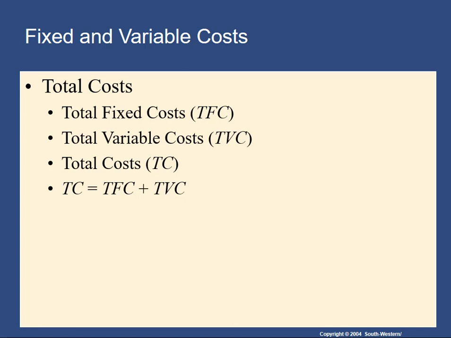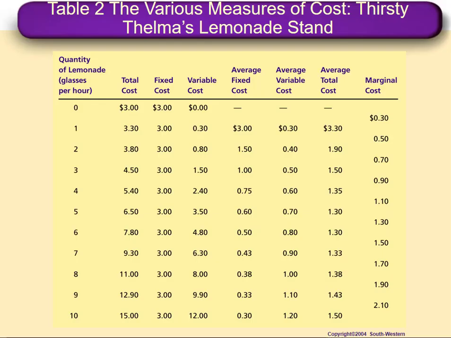We're going to refer to total costs, and generally total fixed costs and total variable costs add together to get total costs. It depends upon the context. A lot of times we'll drop the T from the front of the fixed costs and the variable costs, and we'll just write an equation that has total cost equals fixed cost plus variable costs. Implicit in that, it's the total fixed costs and the total variable costs, if we haven't said anything different.